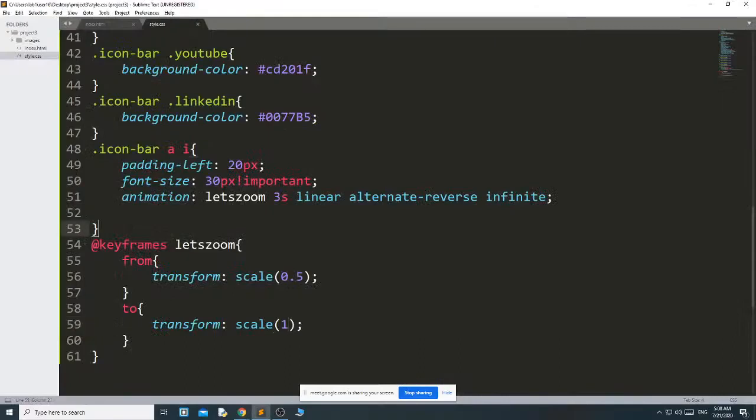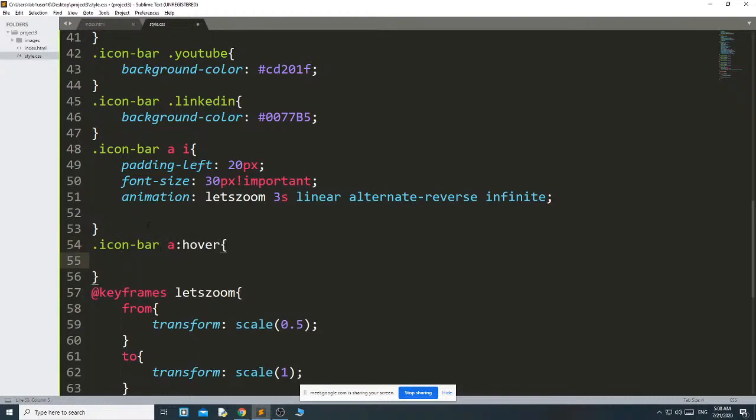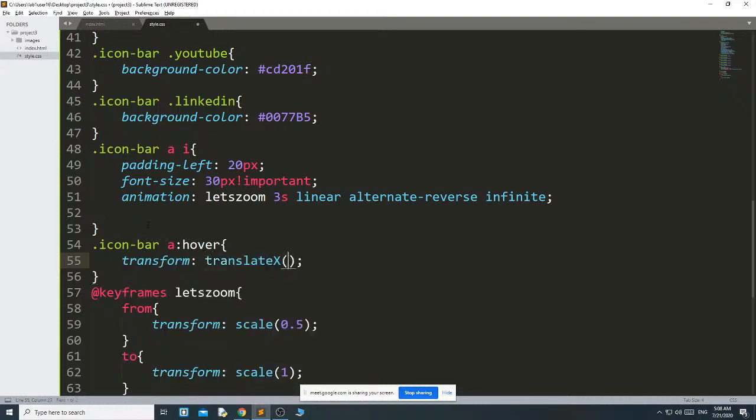Then I have to apply that on mouse over. That's why I can write dot icon bar a hover. Then when you hover, it will translate X to 0 pixel.